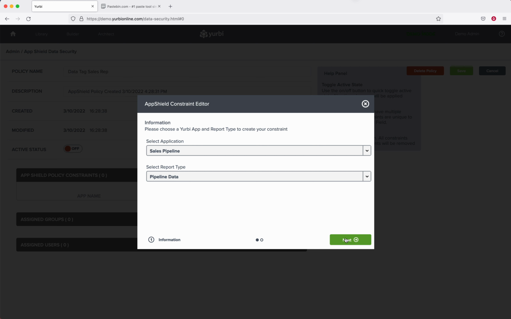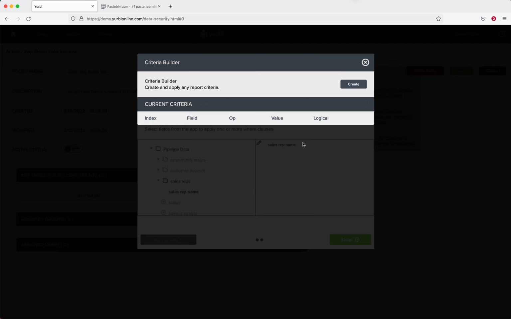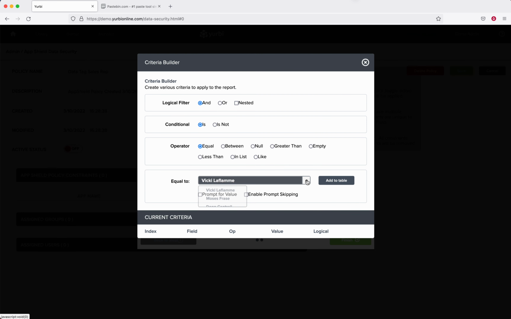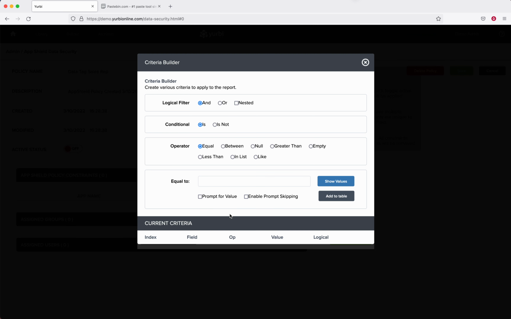Now we're going to build the constraint the same exact way. In this case, I'm going to pick sales rep. It'll pop up the ability for me to set my criteria. I'm going to build my criteria, but now instead of hard coding a field, I'm going to go down and pick custom value. And I'm going to actually put in the syntax of my data tags. And what that syntax is going to be is a /pound, the name of the tag, in this case, first name,